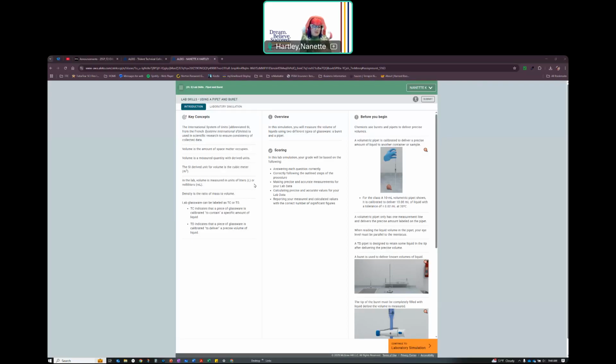So if it's a 25 milliliter pipette, then it will pull up 25 milliliters, but it won't deliver 25 milliliters. If it's listed as a to deliver 25 milliliter pipette, then it will pull up more than 25 milliliters and